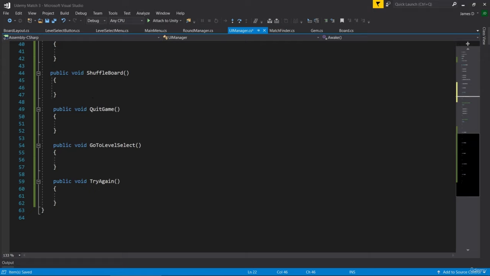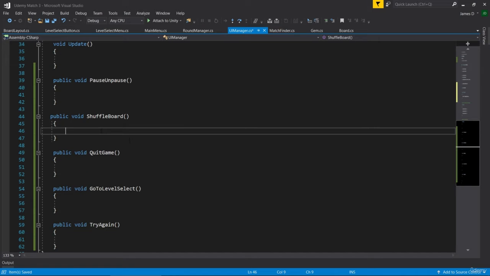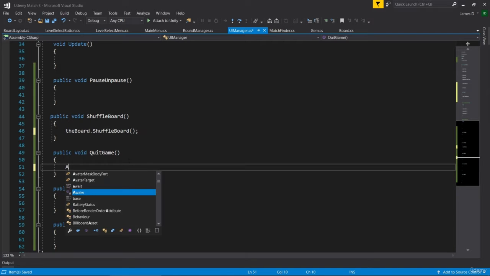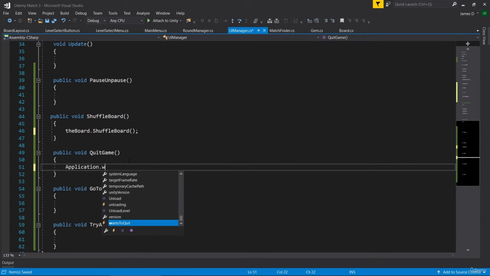And then down here in the shuffle board section, we'll just say the board dot shuffle board. Okay, so nice and simple, nice and straightforward. Then for quitting the game, as we've done before, application dot quit. Nice and simple. To go to the level select, obviously we're going to need a reference to the name of